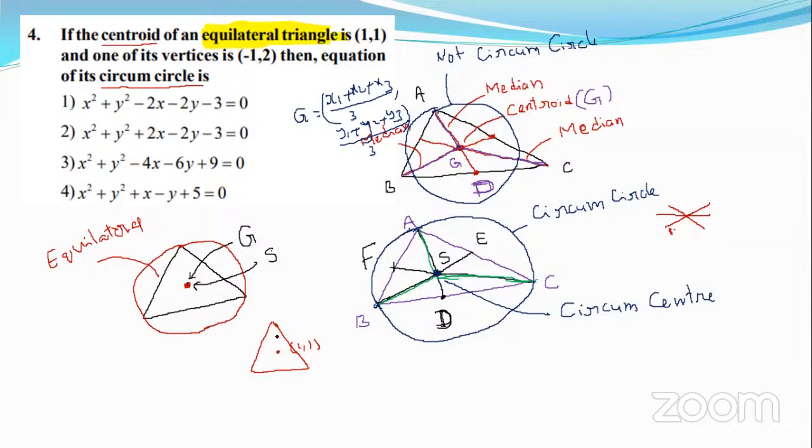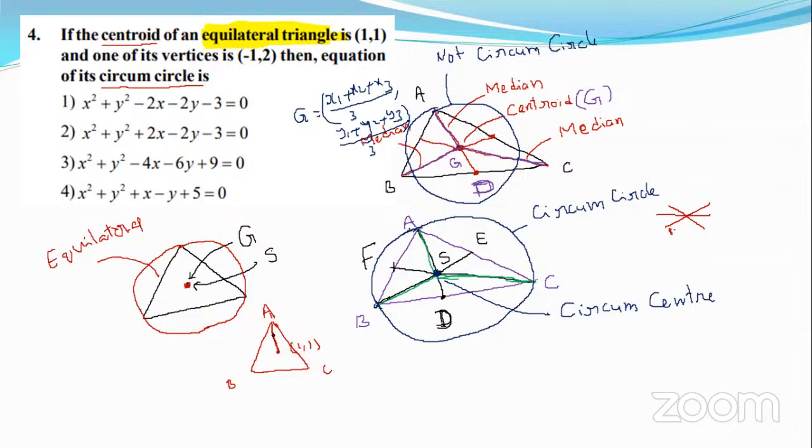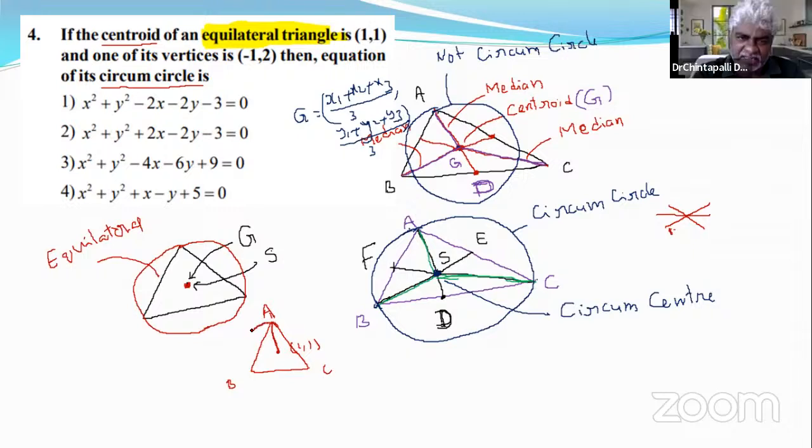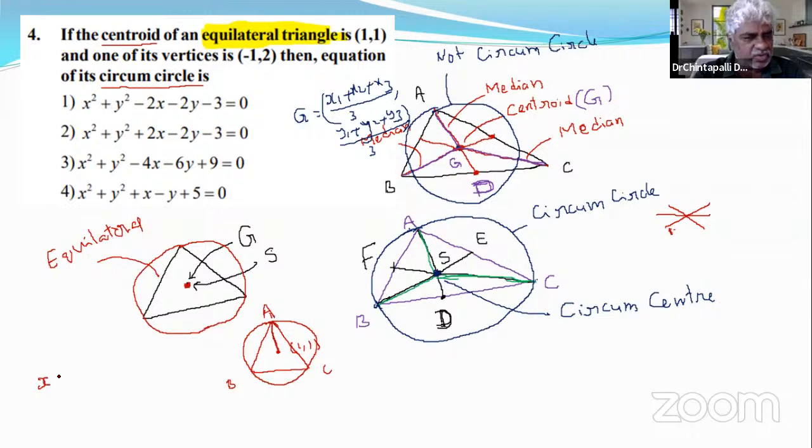Now, if we draw a circle with centroid as center, and radius is the distance from that centroid to any of the three vertices A, B, C, it is the circumcircle, right? But we know center is 1, 1, so the equation of that circle is x minus 1 whole square plus